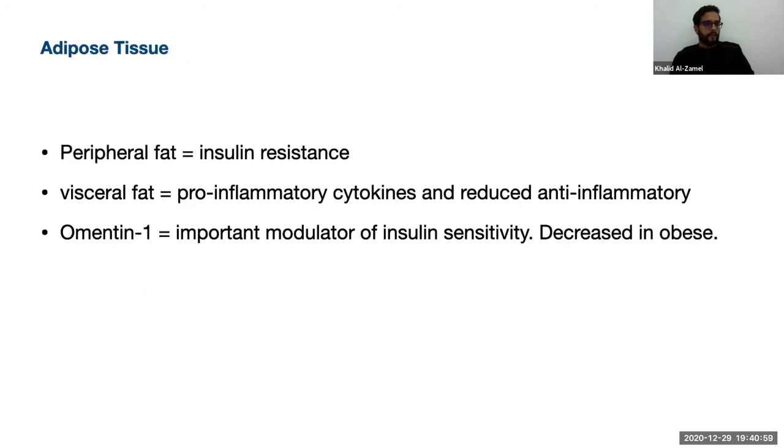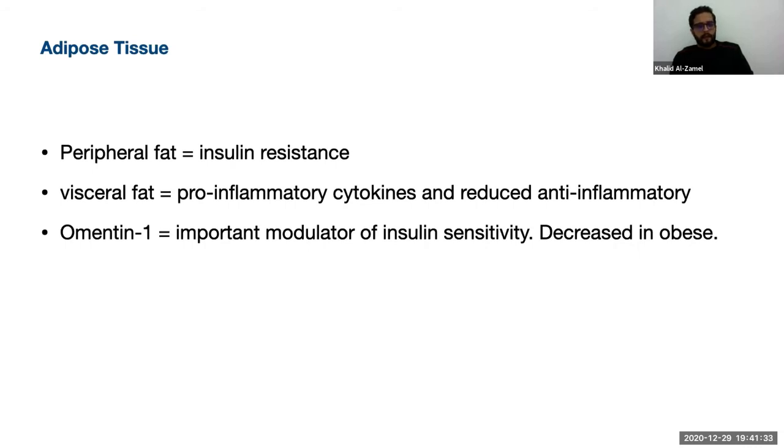Moving forward toward adipose tissue, and this is a very important part of the mechanism of action of bariatric surgery. The more peripheral fat a patient has, the more insulin resistance. This is for the peripheral fat. For the visceral fat, they produce pro-inflammatory cytokines and reduce anti-inflammatory cytokines,